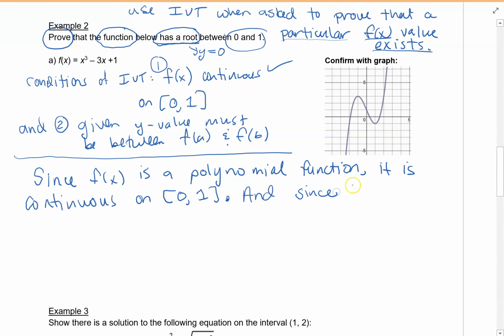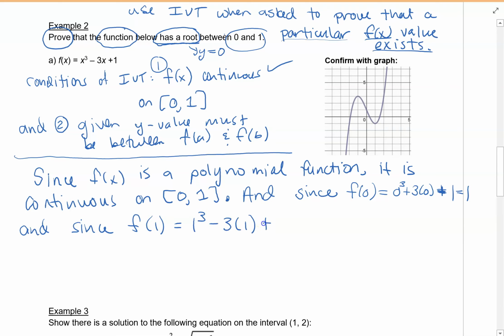Since we're going to go ahead and find f of 0. So f of 0 is 1, right? 0 cubed plus 3 times 0, or sorry, plus 1 equals 1. And f of 1, so we have 1 cubed minus 3 times 1 plus 1. So that's negative 2 plus 1 equals negative 1. So since f of 0 is 1 and f of 1 is negative 1,